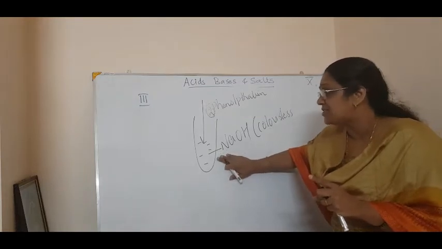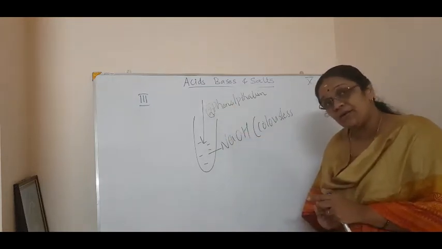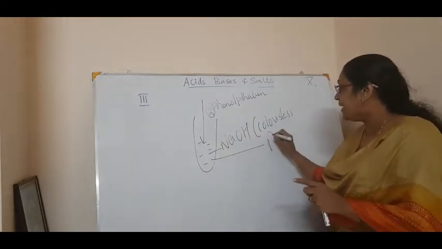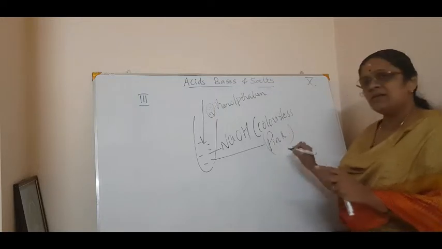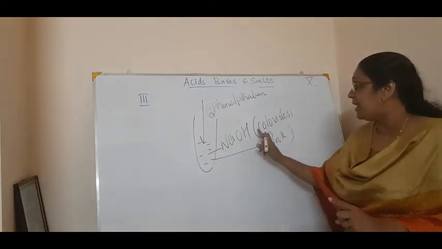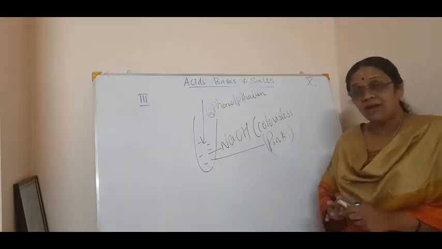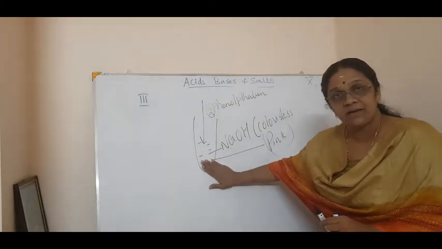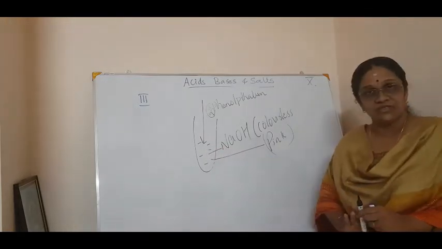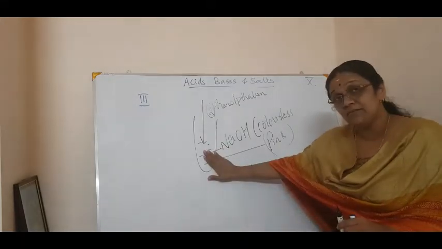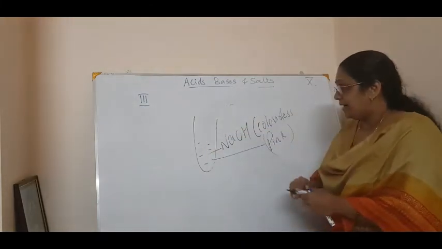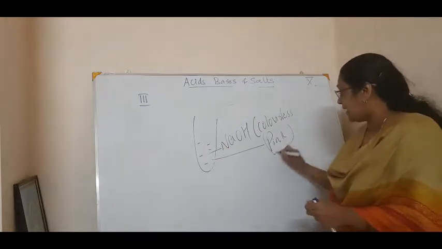Now what will be the color change when phenolphthalein is added into it? This is a base. So what is the color change of phenolphthalein in a base? It will become pink in color. You are remembering that? Phenolphthalein is colorless in acidic medium, whereas pink in alkaline medium. Correct? Now you know this is an alkaline medium, because it shows pink color. The phenolphthalein shows pink color in NaOH. So now you know this is an alkaline solution. Now this has pink color, correct?